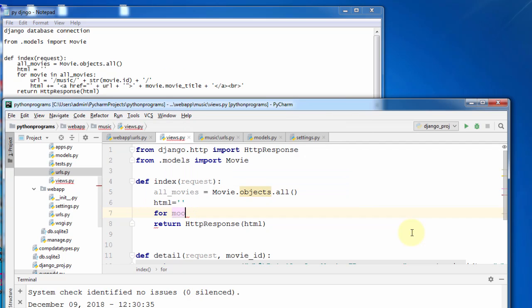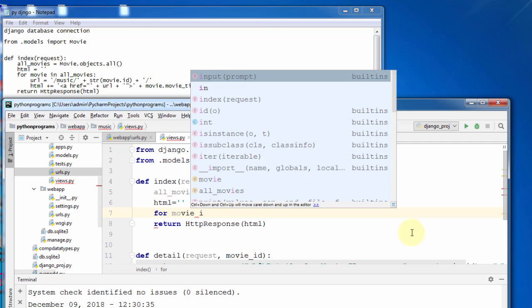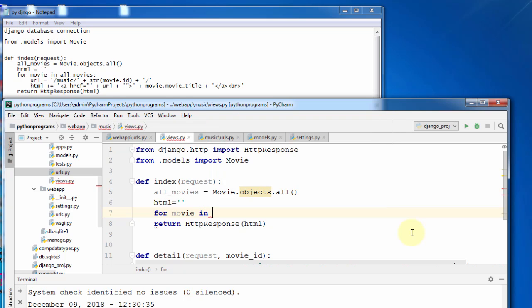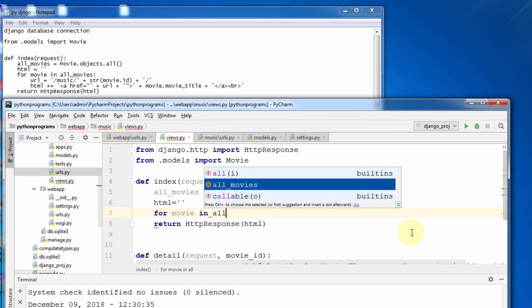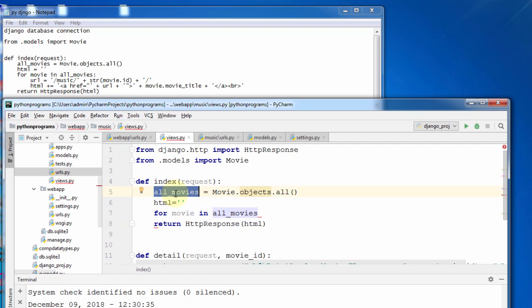I want to list all the movies, the list of the albums and movies. I have to write movie in all_movies, where this object will acquire all the objects of the movies which are available in that particular table. I am iterating that